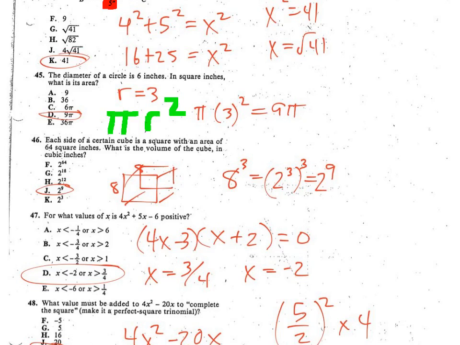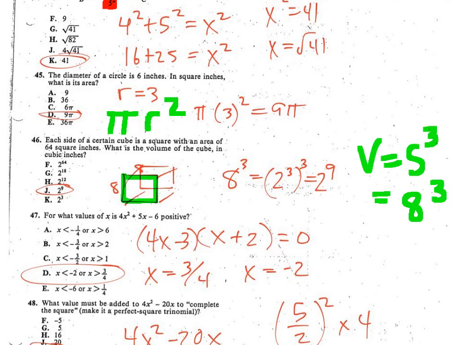For problem 46, you're asked to find certain values of a cube. Since they're telling you that the side of a square has an area of 64, that implies that each side has to be 8. 8 times 8 gives you a value of 64. Now it's asking you what the volume of the cube is. Well, to find the volume of a cube, it is side to the third. So I would put 8 in for S, given that 8 is the length of the cube, and take 8